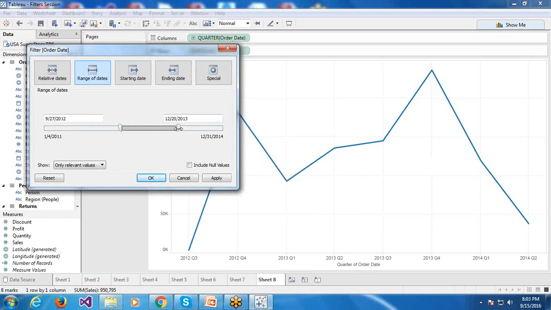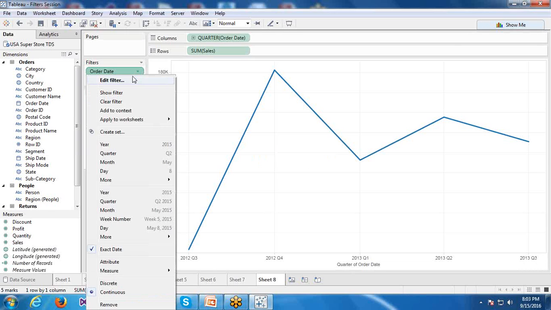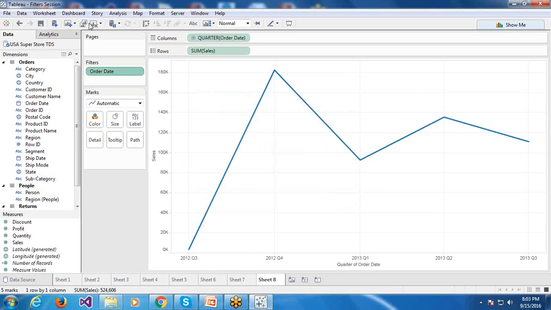See, I am filtering before 2013, and then the maximum value is 2013 for Q3, right? Yeah. So then we'll duplicate this sheet